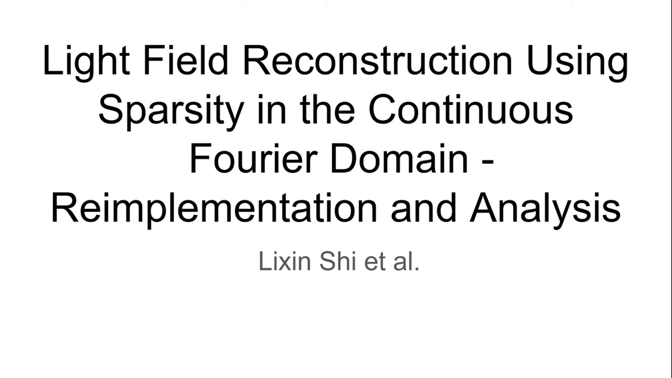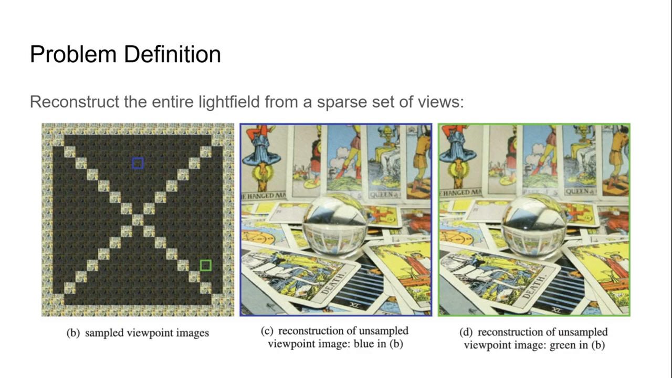Hi, so I'll talk about this paper called Light Field Reconstruction using Sparsity in the Continuous Fourier Domain. Initially, I'll just set up the problem and talk about how they solved it, and eventually, I'll get to my reimplementation and some observations I made while reimplementing it. So the problem that we are trying to solve is this: